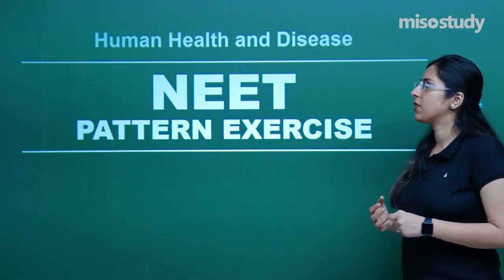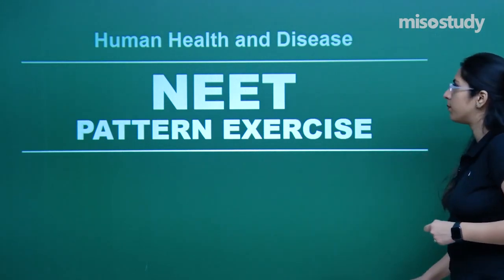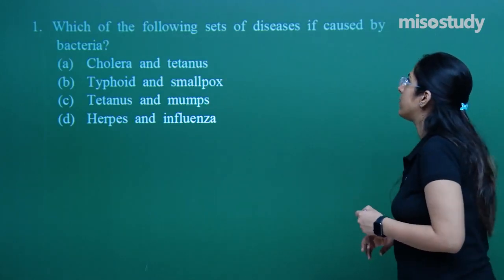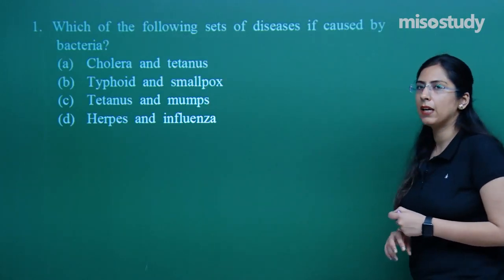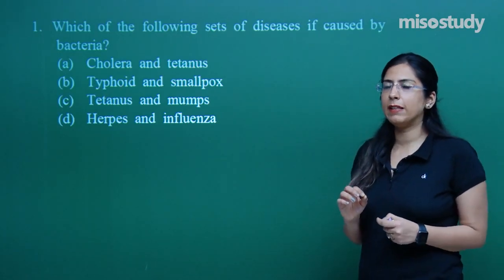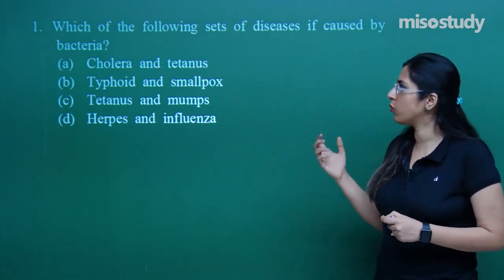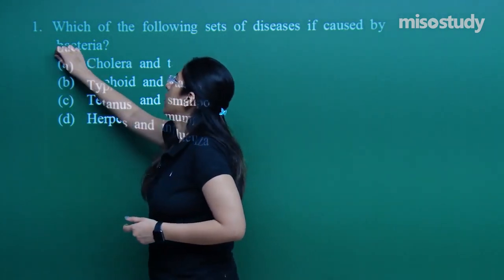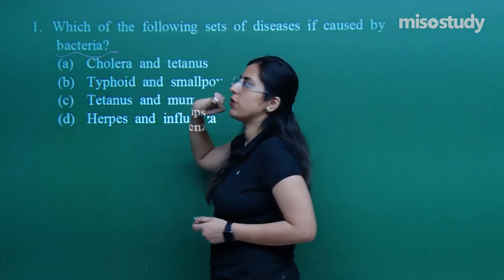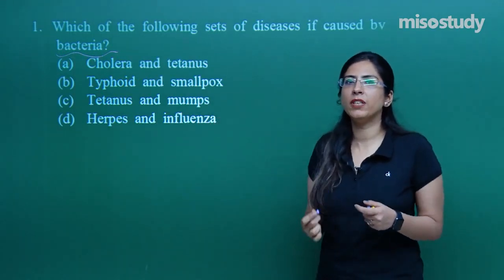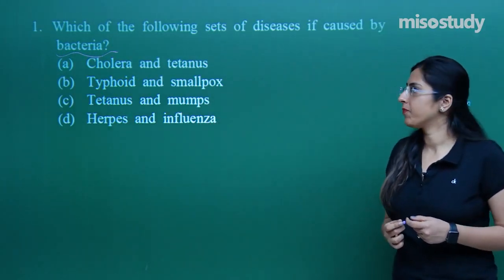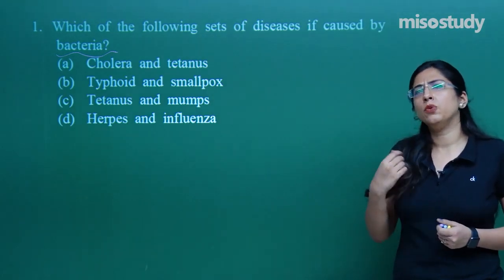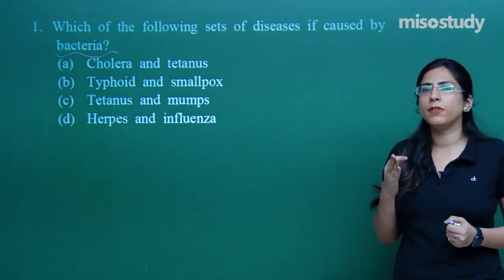So let's start today's session with question number 1. Question number 1 states, which of the following set of diseases is caused by bacteria? This question clearly means I have to look for those options which are caused by bacteria. Now, just take out that list in which I have given you the diseases which are caused by bacteria. It's a very easy, very common question, and they do ask it because normally students face problems